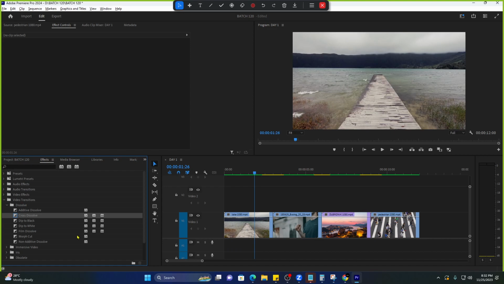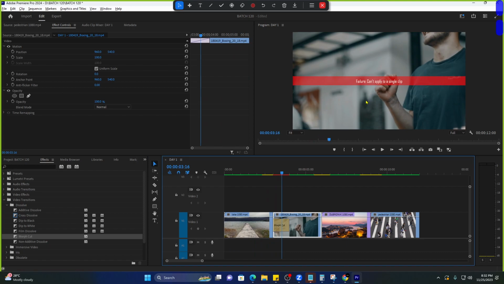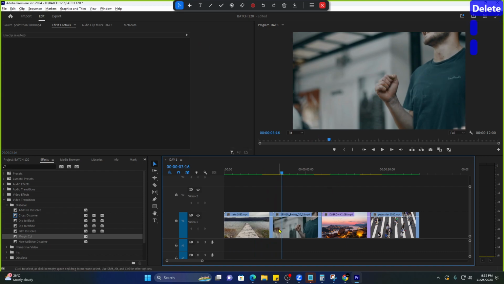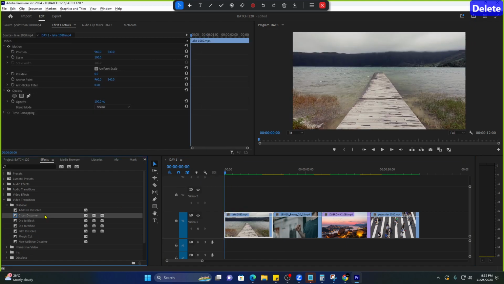Take note, Morph Cut, I don't know how to use it. Even once, I don't know how to use it. Can't apply to a single clip. I'm not sure. Paano po ba ito ina-apply? Kaya hindi ko siya ina-apply. Now, si Cross Dissolve, okay,